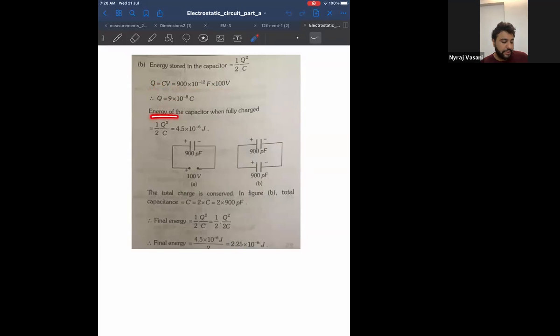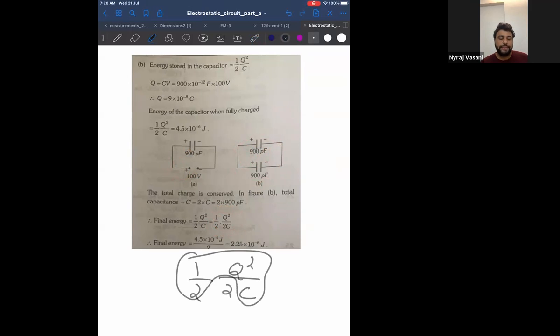Okay, therefore energy stored in a capacitor when fully charged, this is my first case. Now my second case will be, can I say in this formula it will only be 2C, because in this diagram this was C, in this diagram it is 2C. So can I say in my second case, the formula will be half Q squared by 2C. Half Q squared by 2C, if I want to find, I anyway know half Q squared by C answer.